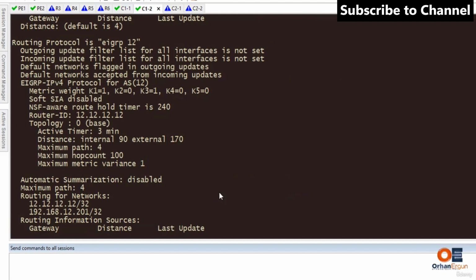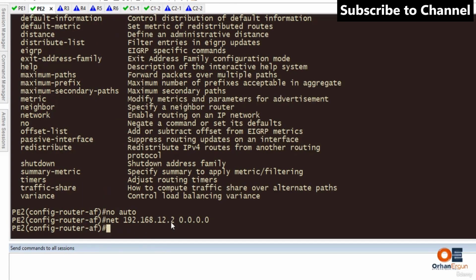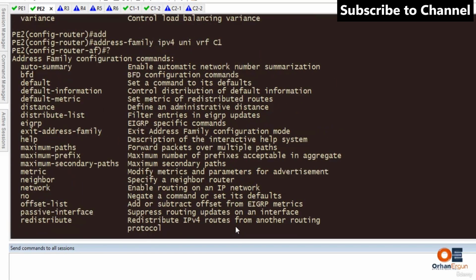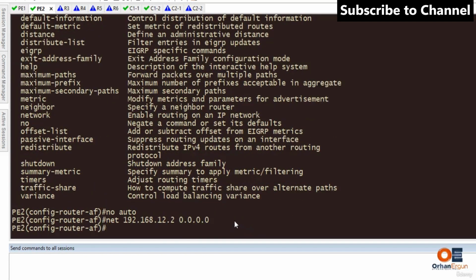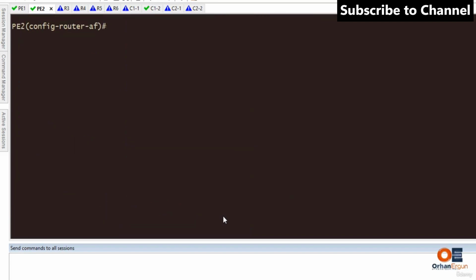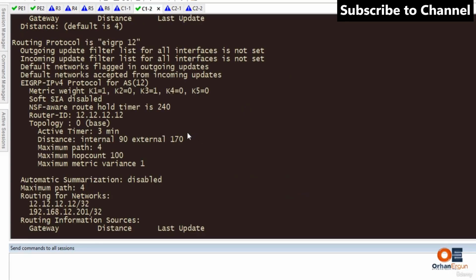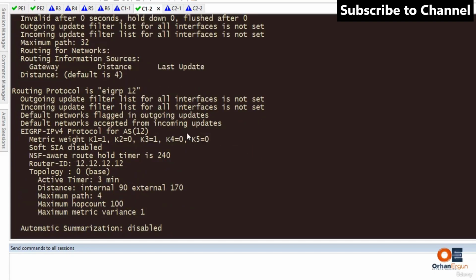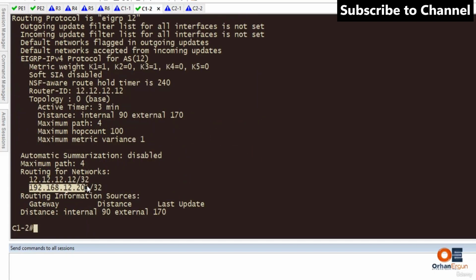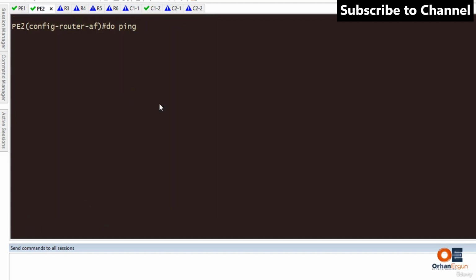Let's see what we have here. C12 says 192.168.12. P2 says 192.168.12. And I have not seen the neighborship for some reason. I'm going to see why. So the first troubleshooting is going to be a simple ping. C12 has this IP address here. So if I just go to here, VRF C2,